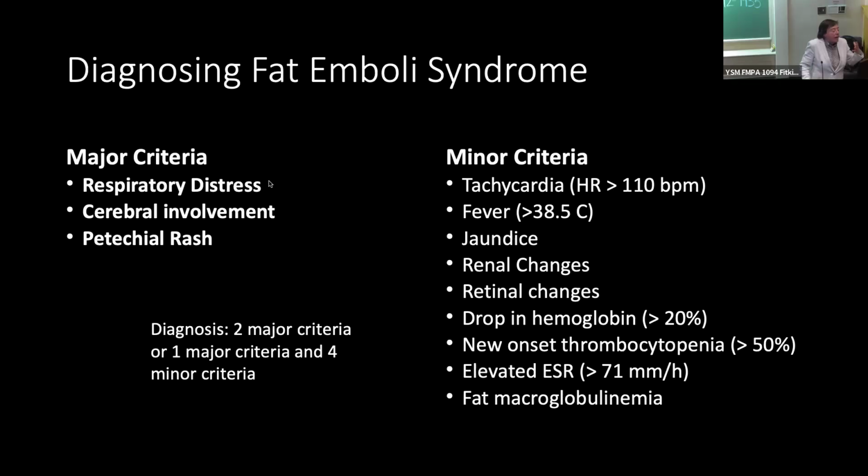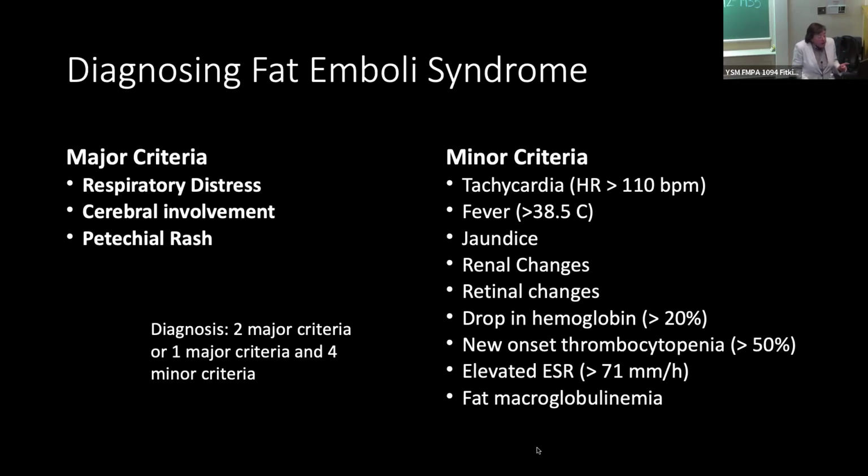Diagnosing it, this is a diagnostic syndrome, another syndrome in sickle cell disease, but basically the major criteria being cerebral involvement. So this altered mental status is a big tip-off that this is going on here, that and thrombocytopenia, but also a petechial rash, which in many of our Black patients you cannot see. And so with many of our patients, you're going on an ARDS, multi-organ system failure syndrome type of picture, thrombocytopenia, and altered mental status.